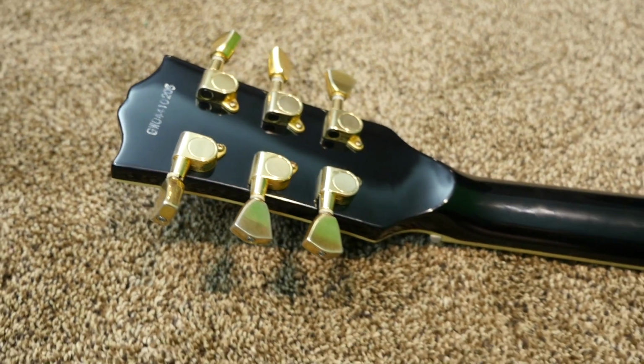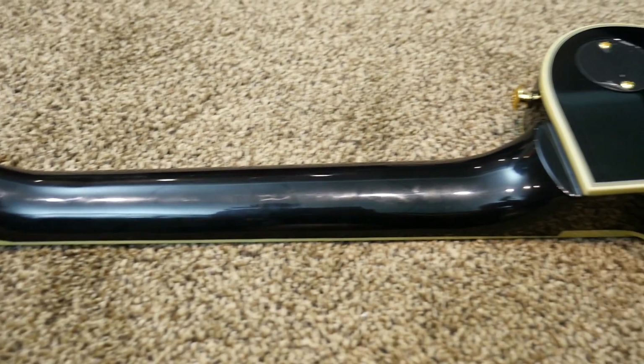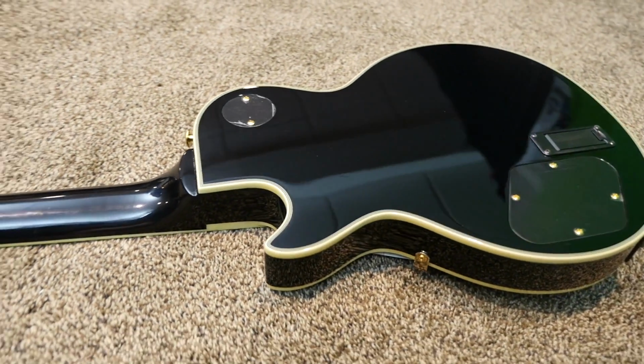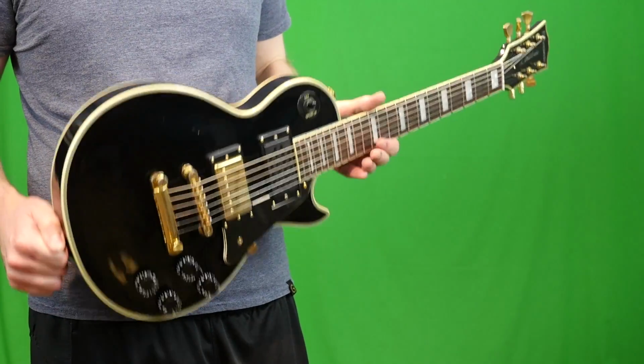So about the only other thing that I could think of to help cure that would maybe be to put some graphite in the saddles here and really stretch these strings in because, I'm sorry, I didn't have the patience to do that today. So this thing as a travel guitar or an instrument for your kid to learn on,